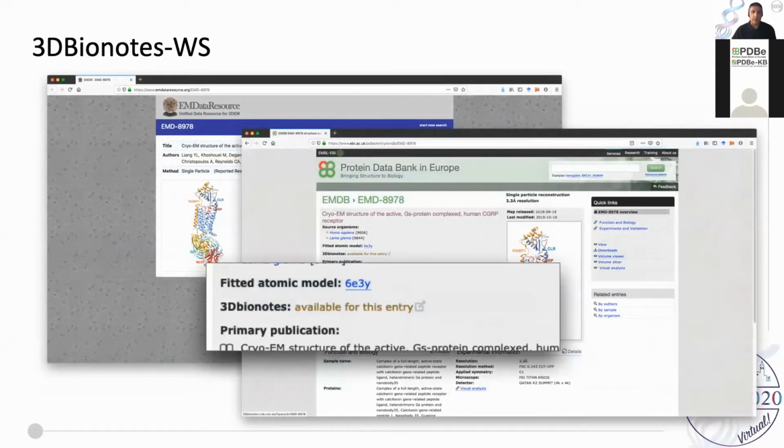But also, many of our users come directly from links that are kindly provided by the Electron Microscopy Database. In every entry, the user has these kinds of links that open our 3D viewer directly.